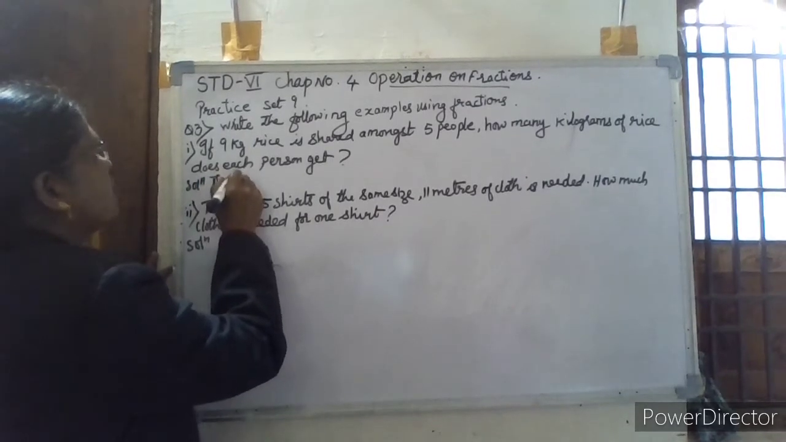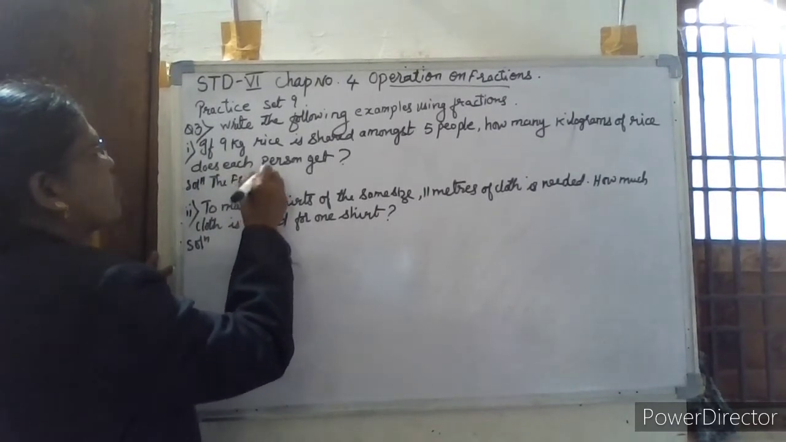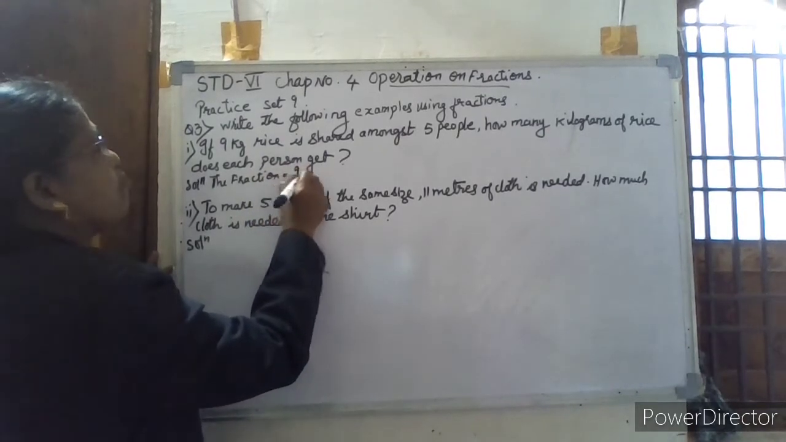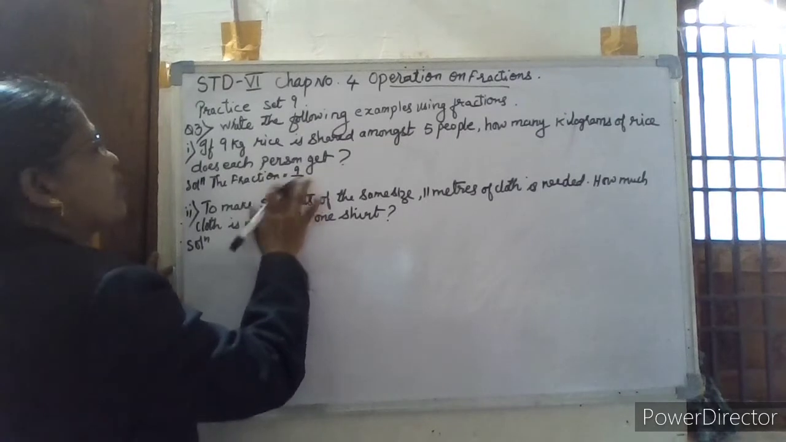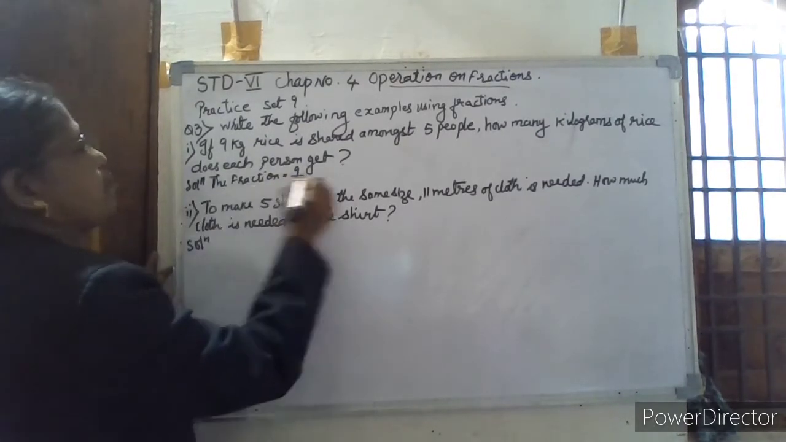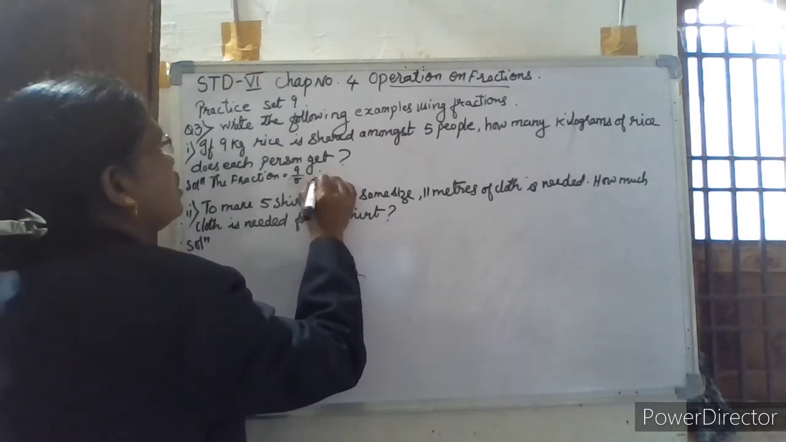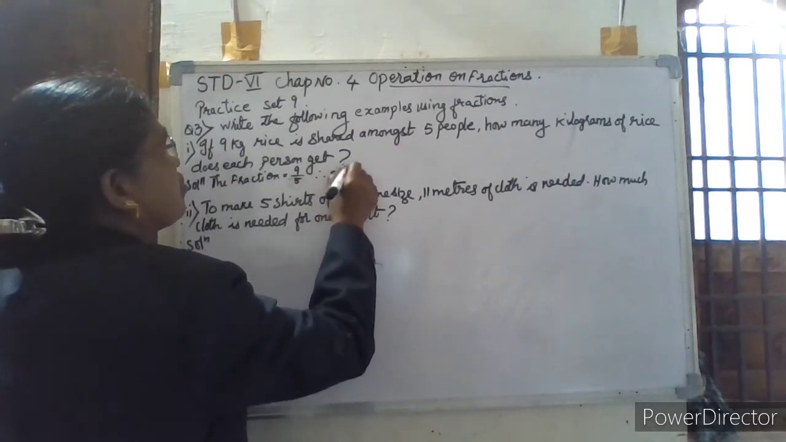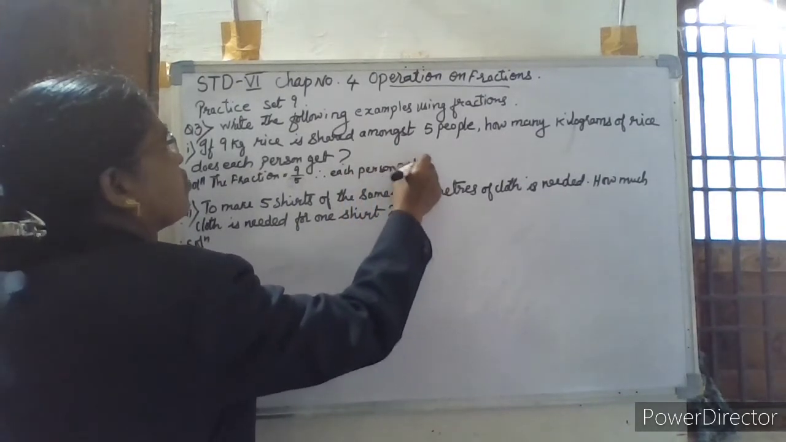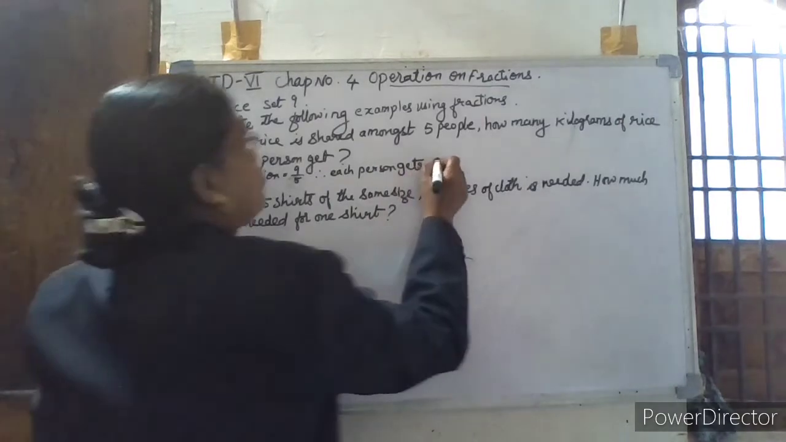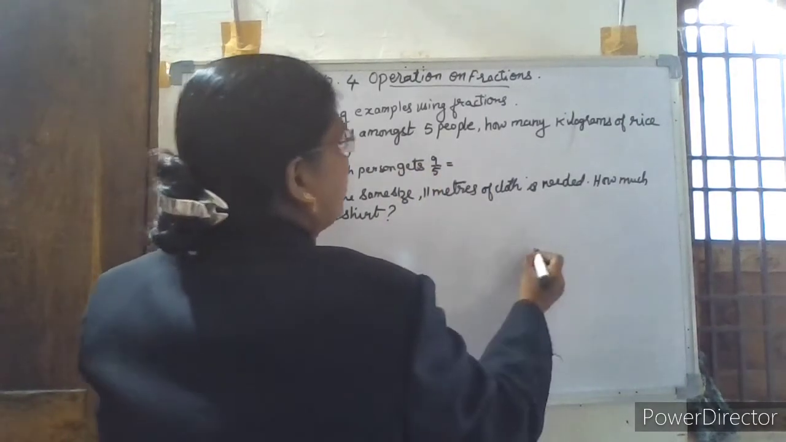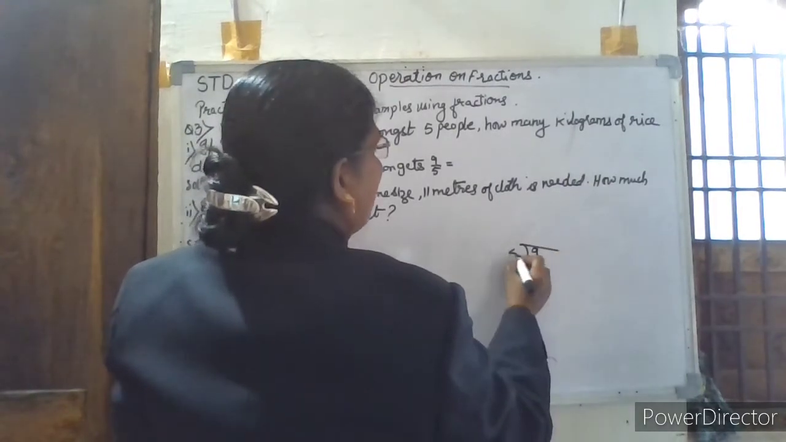The fraction will be equal to 9 by 5. Then each person will get 9 by 5, and if we divide 9 by 5,